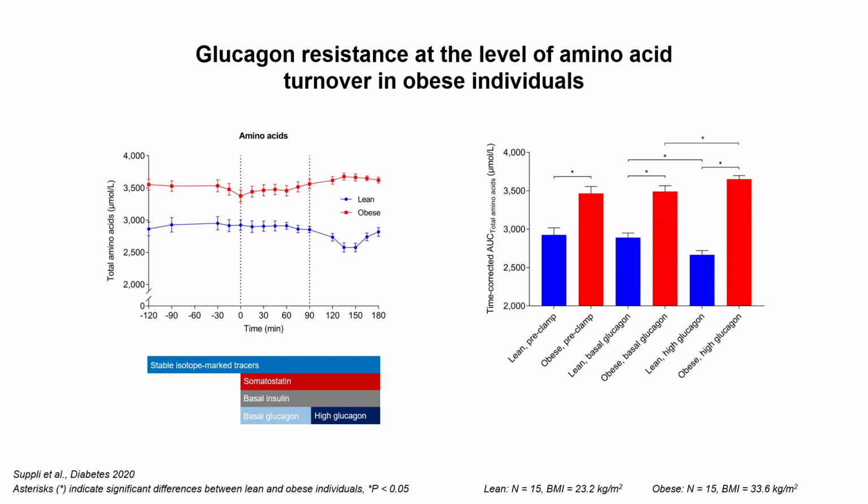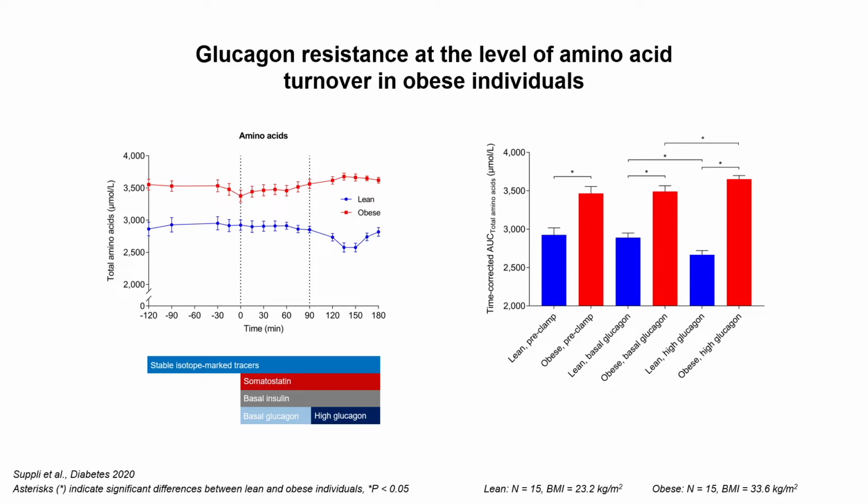First, if you look at the lean group, amino acid concentrations decreased as you would expect. We know that glucagon stimulates the turnover of amino acids. But in the obese group, we actually saw a slight increase in amino acid concentrations, which is completely paradoxical as to what we know of the effects of glucagon on the liver. So we interpreted this as a sign of hepatic glucagon resistance in this obese group with a high prevalence of